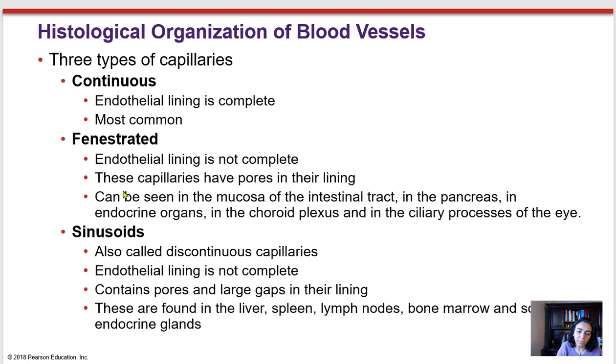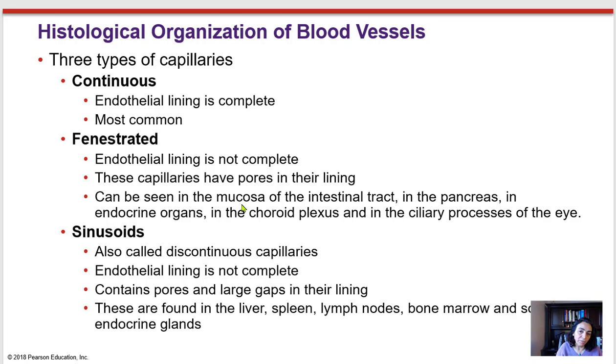So these ones that have holes, the holes are called fenestra. Therefore, these capillaries are called fenestrated capillaries. It means that they have fenestra. So this type of capillary can be seen in the places that we need